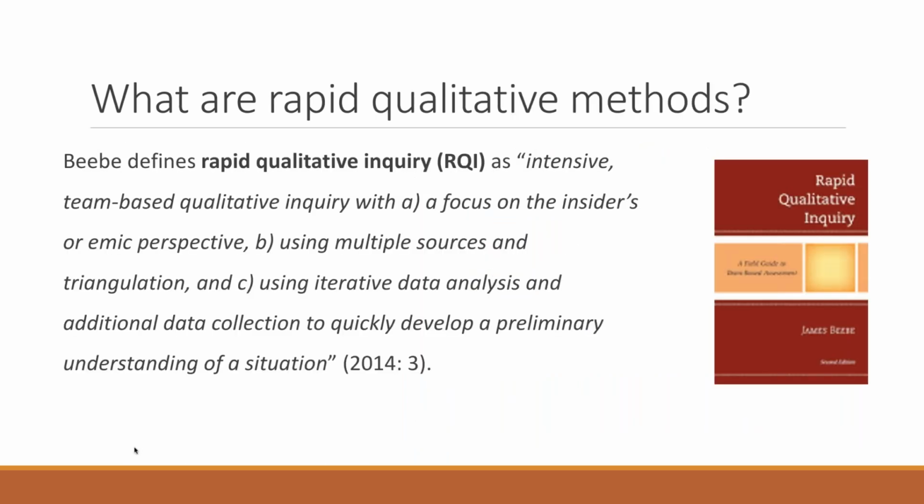So in addition to that definition, there's this very interesting definition proposed by Bibi. If you're just starting out, I think this book on rapid qualitative inquiry will probably be very useful. You'll see some of the features identified here resonate with the ones that McNally and Foster-Fishman highlighted, particularly in terms of iterative design and the use of teams.